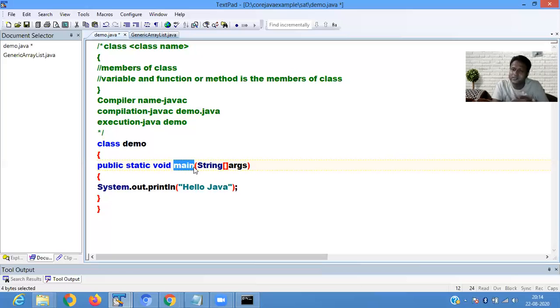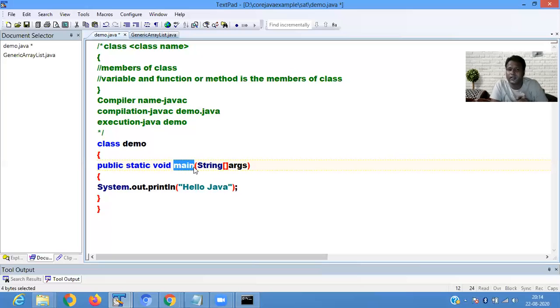Okay, so the program is divided into smaller parts, and every modular part is stored in a different location. Then you have to call that module in the main method. So when you call that module from a different location, there is a requirement to define the method as public. Public means you can access it everywhere. Okay. Then static. The main method is always static.